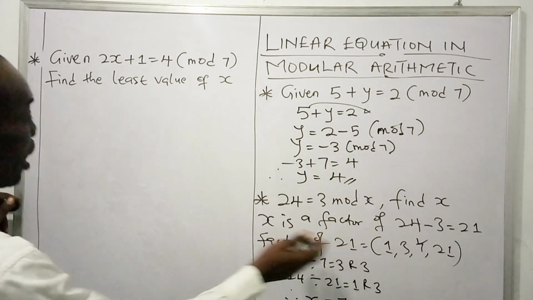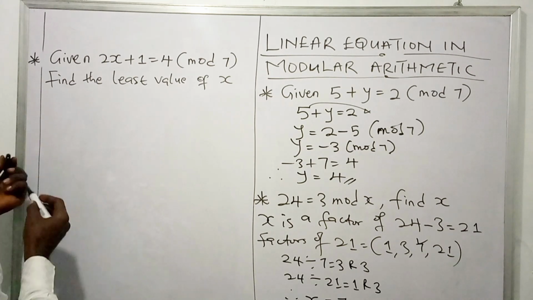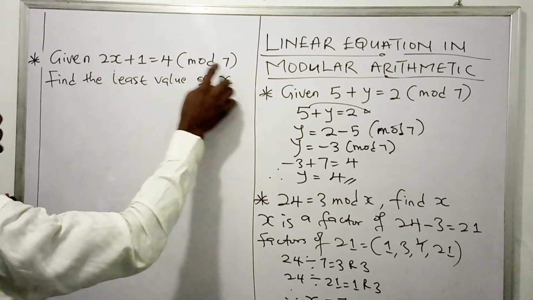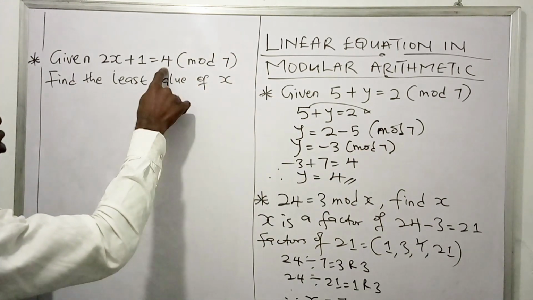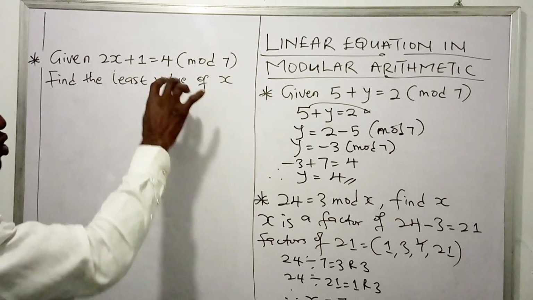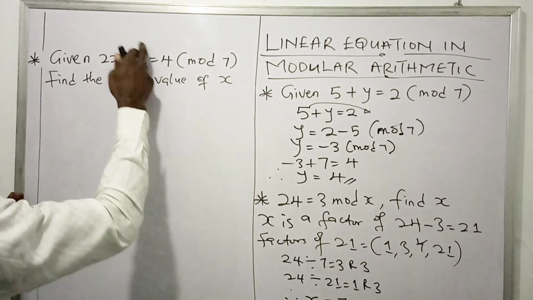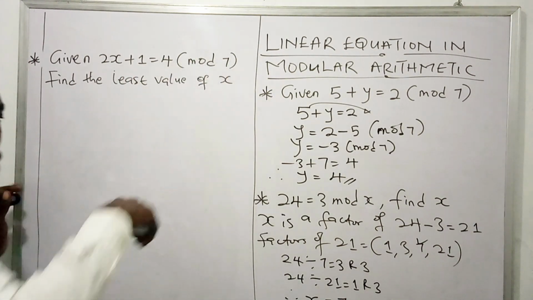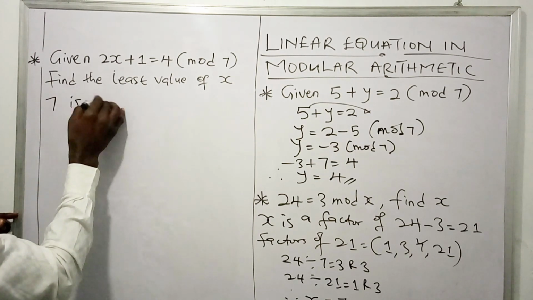Now just like we had here, that simply means that this expression, when it was divided by 7, gave us a quotient with a remainder 4. 4 is the remainder. So that simply means that if we remove the 4 from this expression, whatever is remaining, 7 is a factor of that difference. So we say here that 7 is a factor